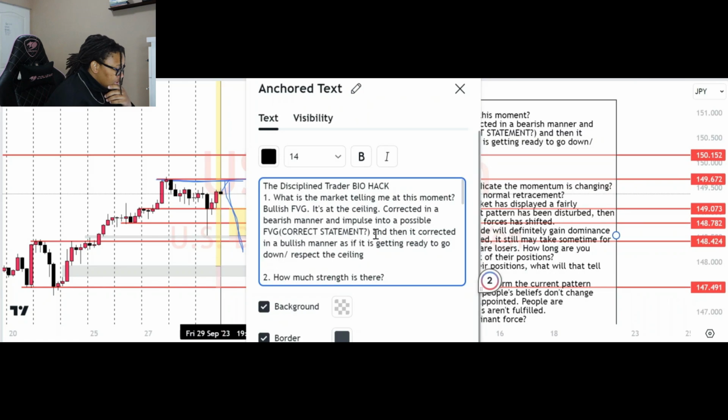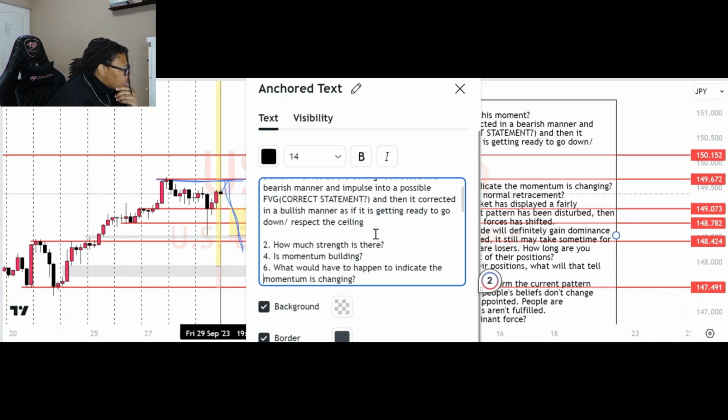That is what the market is telling me. And then question 2 says, how much strength is there? For me, I feel like at this moment it is a 50-50, because the same amount of strength,